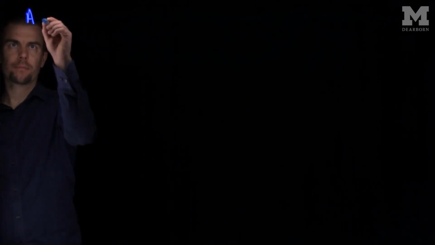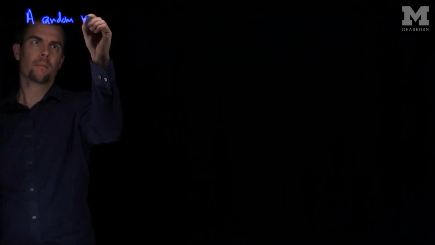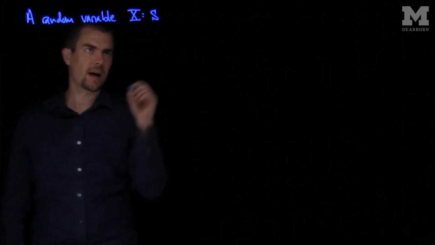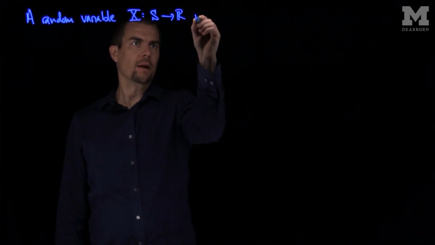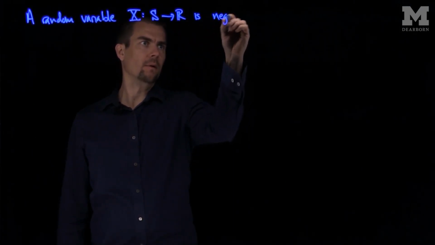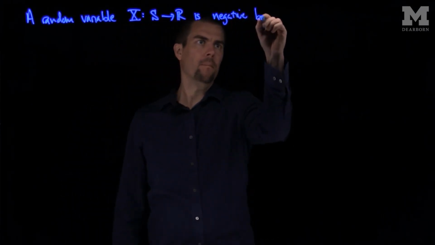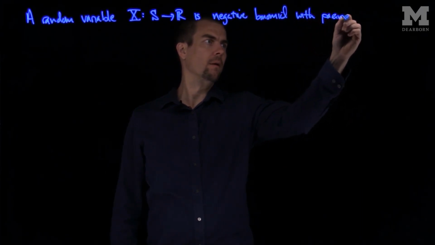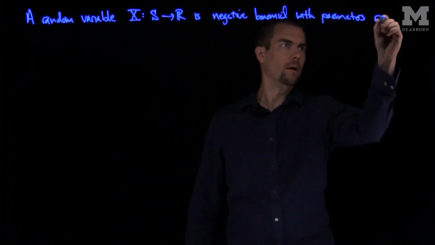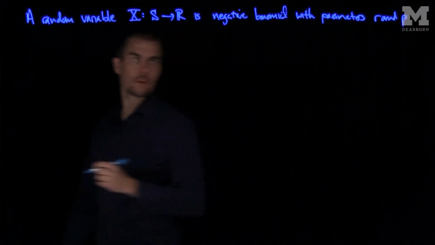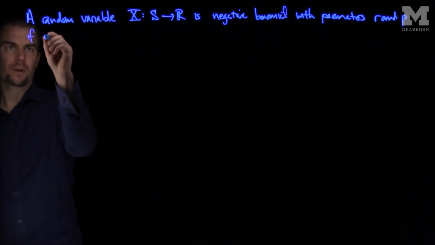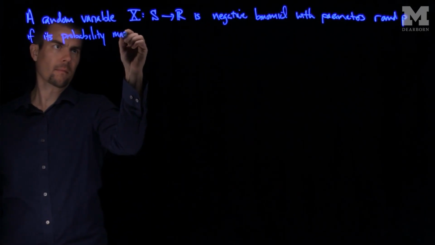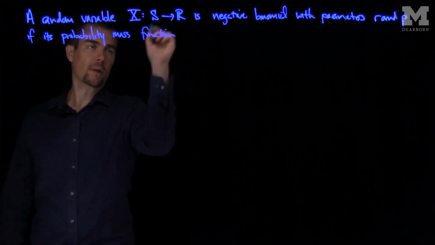A random variable X, which maps the sample space S into R, is negative binomial with parameters r and p if its probability mass function has the form